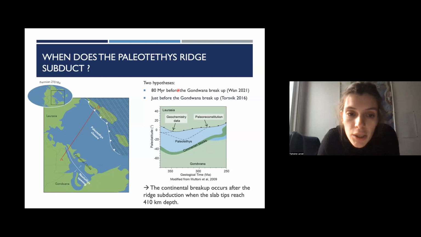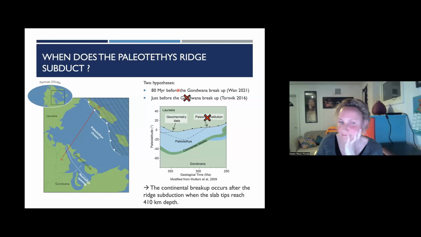As I show you, in my simulation, what I can see is that there is a minimum time lag between the mid-oceanic ridge subduction and the continental breakup of the lower plate, because the slab tip has to reach the mantle transition.